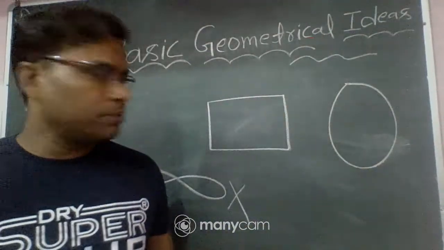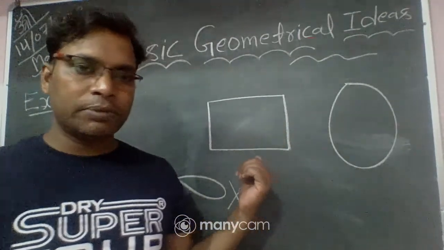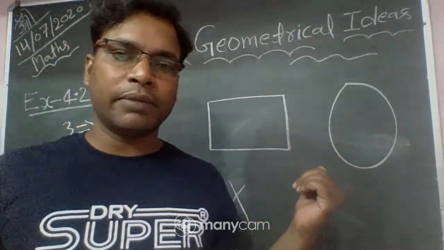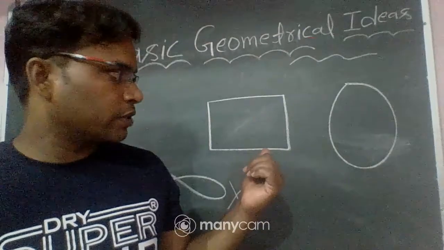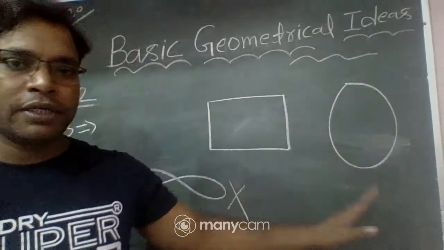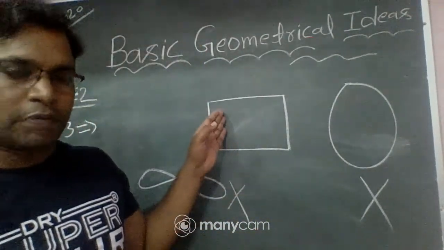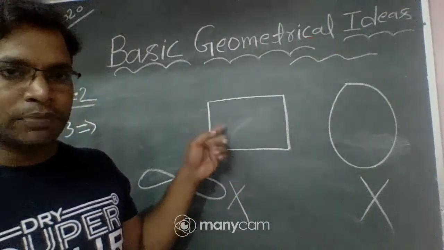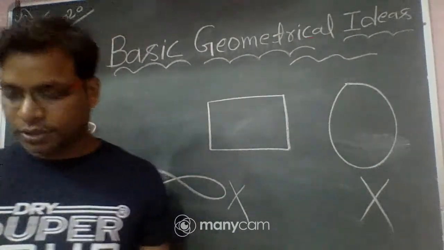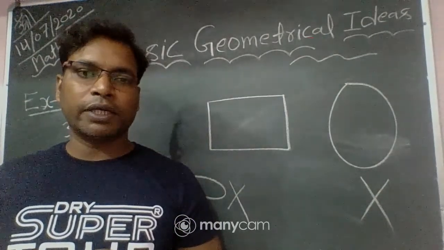So tell me which of these figures are polygons. According to the definition, a simple closed curve made entirely of line segments is called a polygon. This is a simple closed curve, but it is not made by line segments, so it is not a polygon. This one is a simple closed curve made by line segments, so this is a polygon. The question told us to draw any polygon. This is a four-sided polygon, and a four-sided polygon is called a quadrilateral.